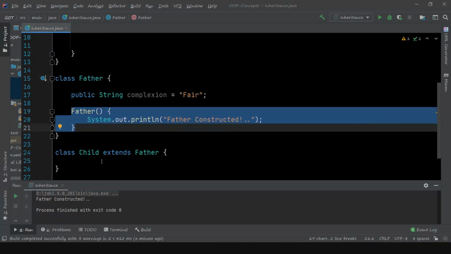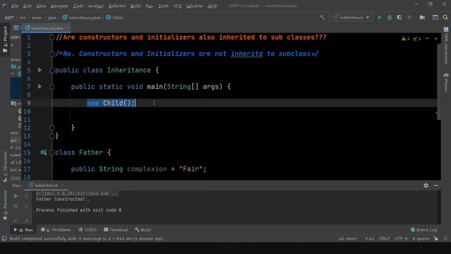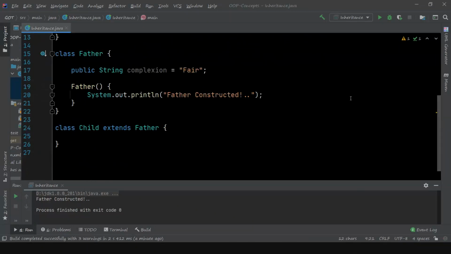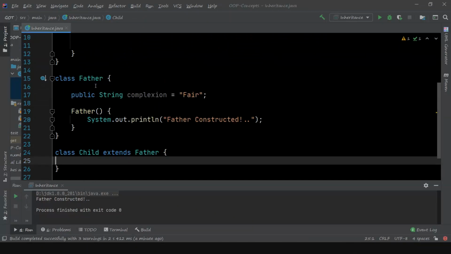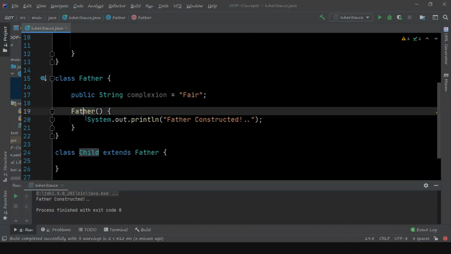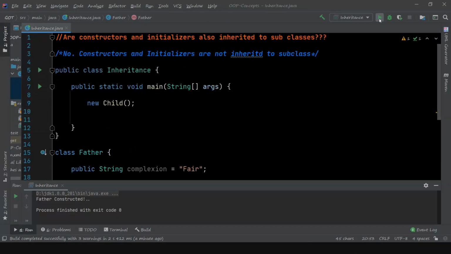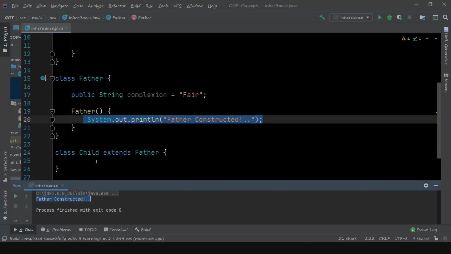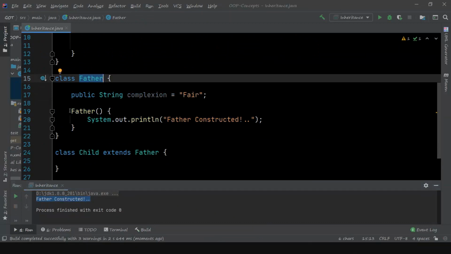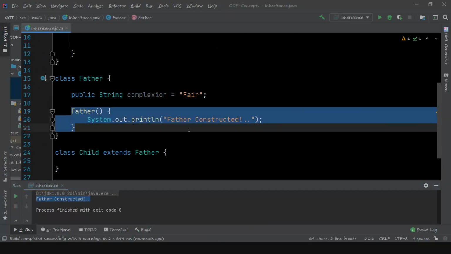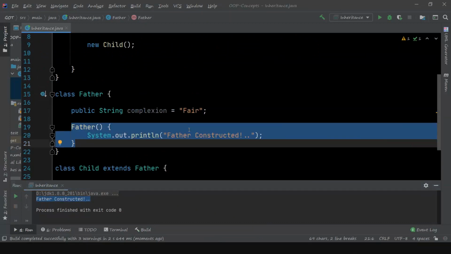So for example, when I create a new object in the main method, you can see here I don't have any code in the child. The father has a constructor that only prints father constructed. When I run this code, it displays father constructed, because when I create a child object, it calls the superclass father constructor internally.